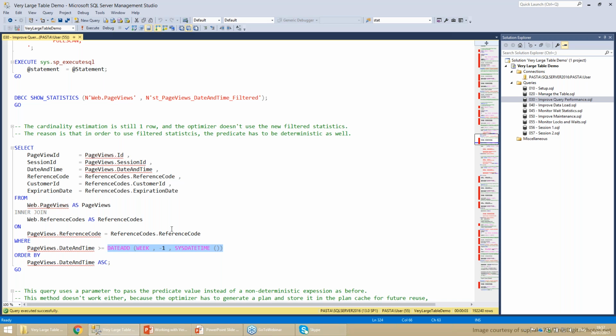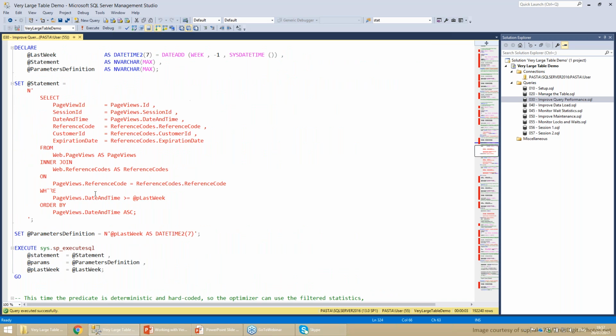So this means we have to change our queries to use hard-coded values dynamically. And in this case, when we have parameters, SQL Server has to produce a plan and put it in the plan cache so it can reuse the plan for different parameter values. And since it cannot guarantee that for each parameter value, it will be able to use the filter statistics, it will never use filter statistics when parameters are involved.